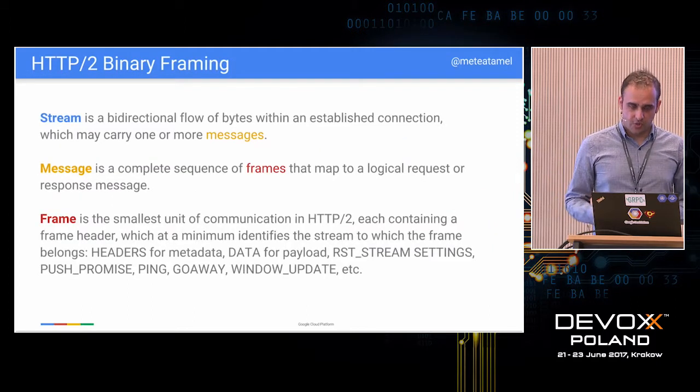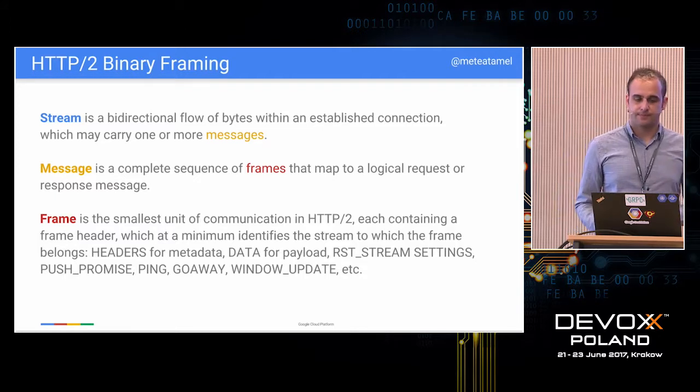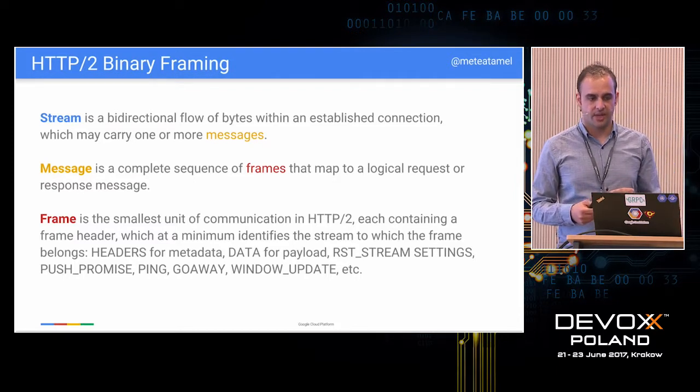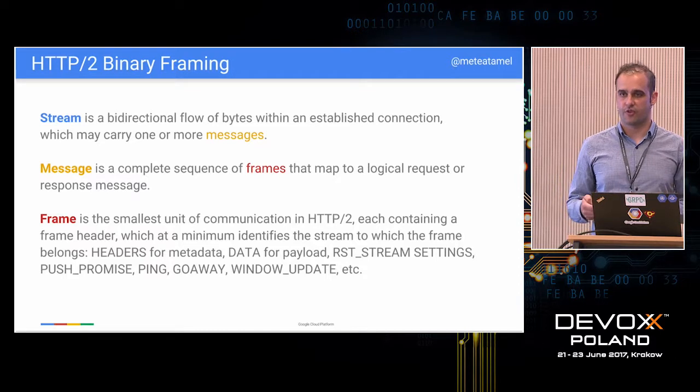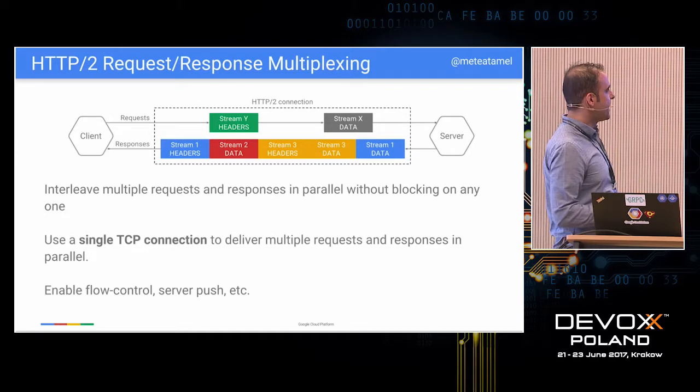So in HTTP 2, there's this notion of streams, messages, and frames. A frame is the smallest unit that you can send, the collection of frames is called a message, and the collection of messages is called a stream, and then you can have multiple streams going back and forth on the same connection. So if you take a look at it like this, you can have a client,